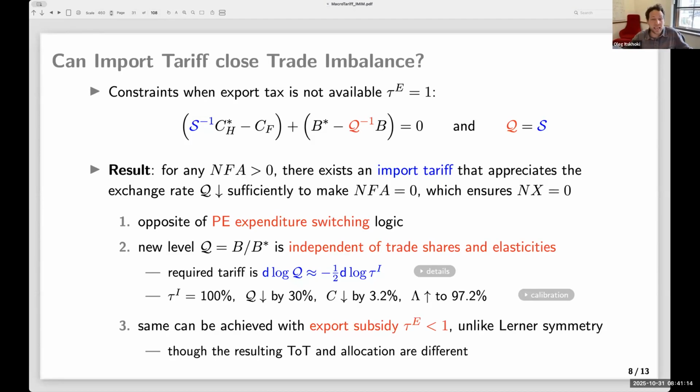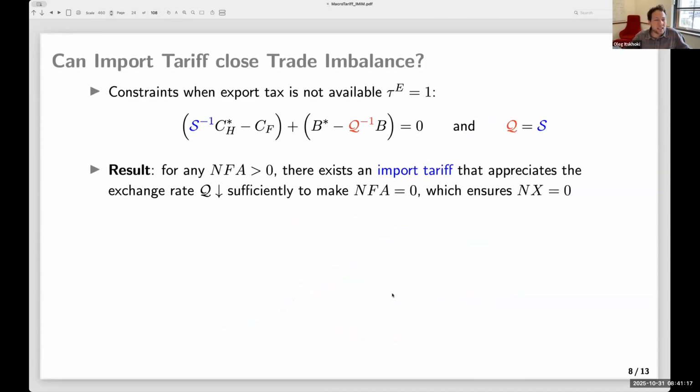NFA? Correct. Yes. This is what I mentioned here, that it's a little tricky, because you see the US running a persistent trade deficit and, accounting-wise, it has a negative NFA. How can that be? You have to take a stand on two things. There are two options. One option is that the US is running trade deficits, but they're still transitory, and the US will transition to massive trade surpluses in the future to pay for it. If the trade war didn't happen, I think we would probably anticipate another couple of decades of trade deficits in the US, maybe a decade, right? Given that it's been happening for the previous 4 decades.